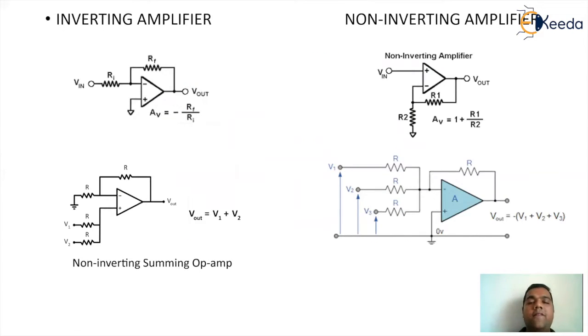Now, as I discussed at the start, an operational amplifier under open loop configuration works as a simple comparator. Simple comparator implies that if the plus pin of the op-amp has a higher potential compared to the minus pin, the output will be straight away positive VSAT. And if the plus pin is lower in potential than the minus pin, the output will be minus VSAT. VSAT is basically the saturation value of the output.